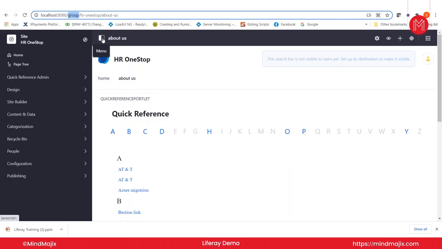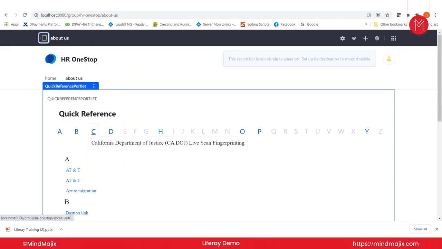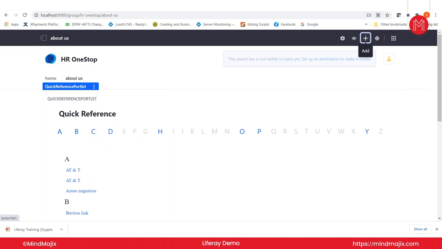So the intention is to show you the out of box navigations, what all we have. Now coming to the out of box and custom portlets. What you're seeing in the page is a custom portlet which I have created in my IDE, built and deployed. It will have all the options of remove, configuration, and where to add it. I'll show you here. There is a plus option on the right-hand side. If you click on plus,